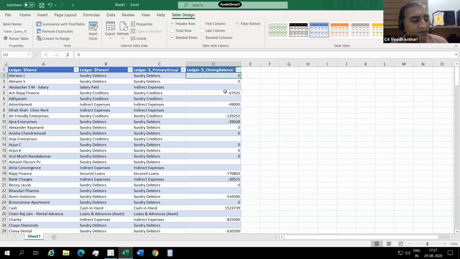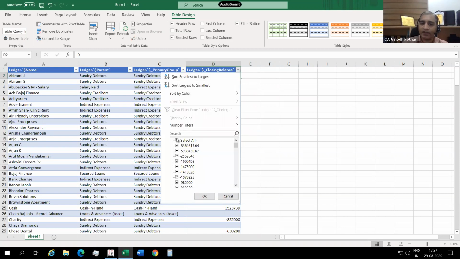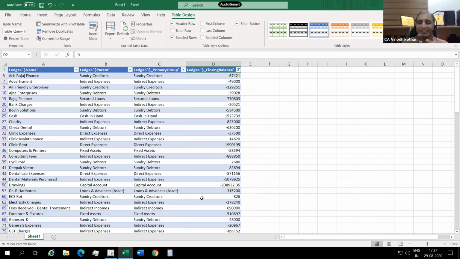Those who are using Power Query might know the benefits and advantages of using it. Normally, if I want to filter the data, I select this filter, unselect this, select all, remove blank, and then 0. This is one step which I did: I selected a filter and unselected 0 and blank.